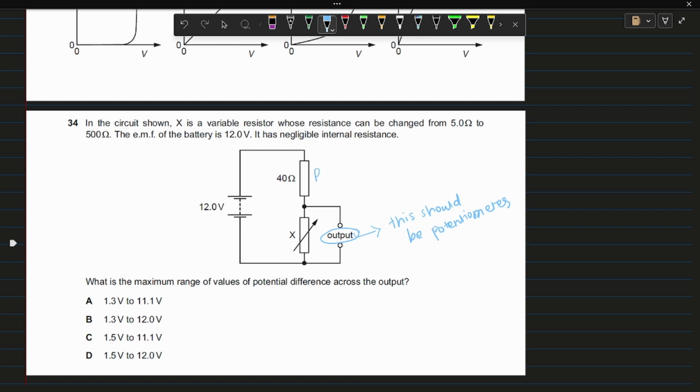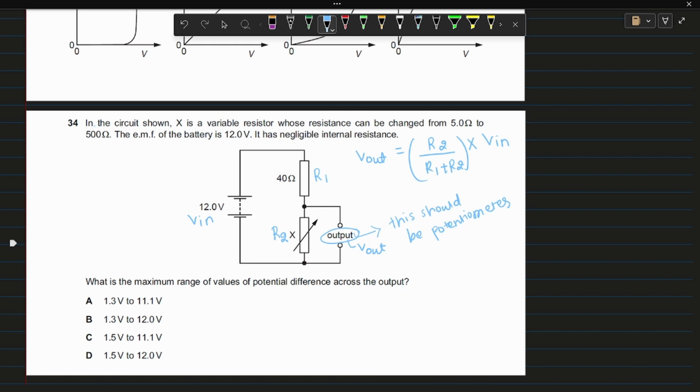Let's suppose this is resistance R1 and this is resistance R2. So we need V out. We need the voltage across this resistance. So the formula to find the voltage across R2 is V out is equal to R2 divided by R1 plus R2, whole multiplied by V in. This is the only formula which we require to solve this type of question. So let's solve this question without any further ado.